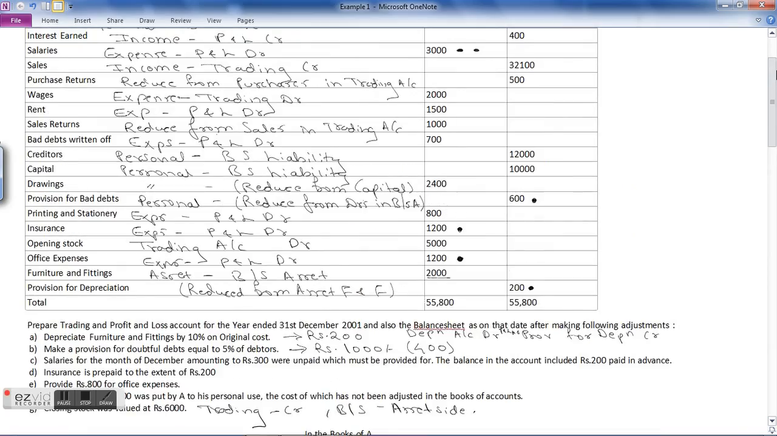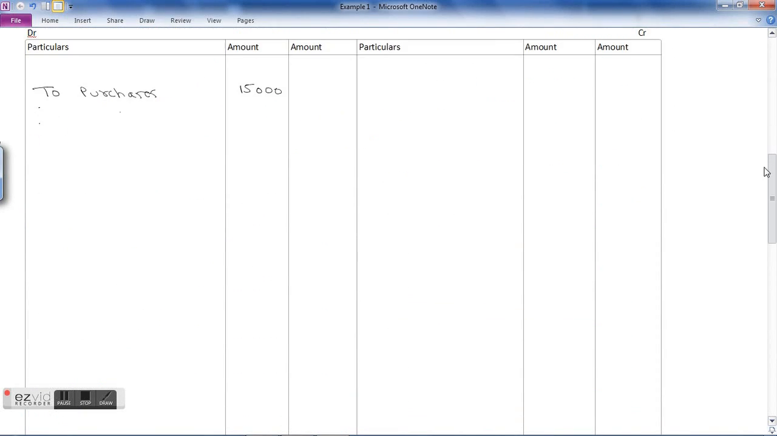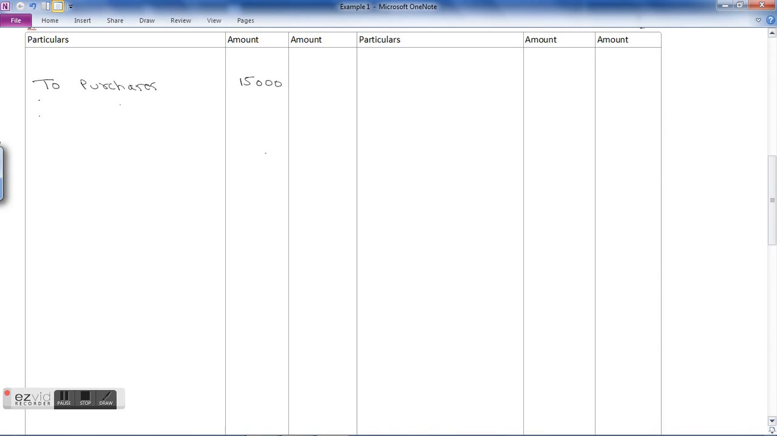Then next is interest earned. Amount is 400, so it has to be profit and loss account credit side. So we have prepared a combined trading and profit and loss account. So what we'll do is trading account will end here,